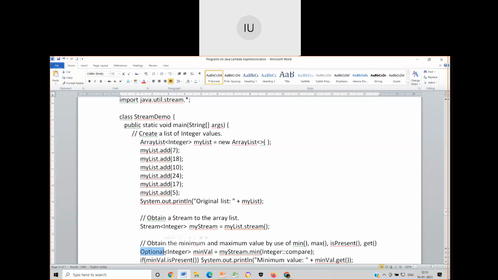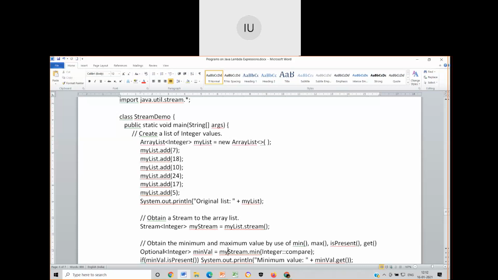This is a subclass of the Stream class. The Stream class generates a data store, a stream of data which remains intact and will not be altered. Optional will be available for a particular amount of time. It means that when that particular data is utilized, the optional will be garbage collected. You can just throw it off, you don't want it anymore.